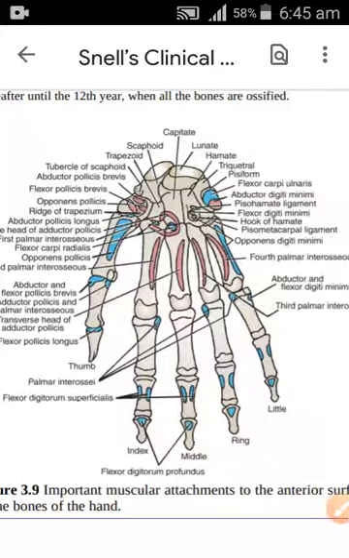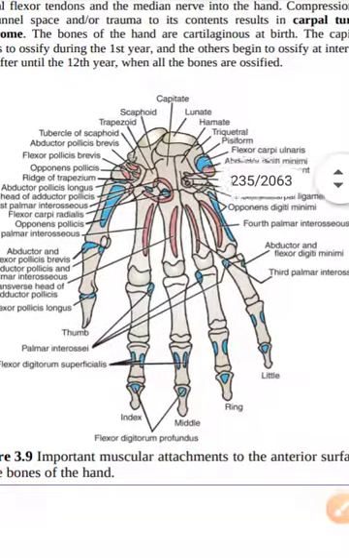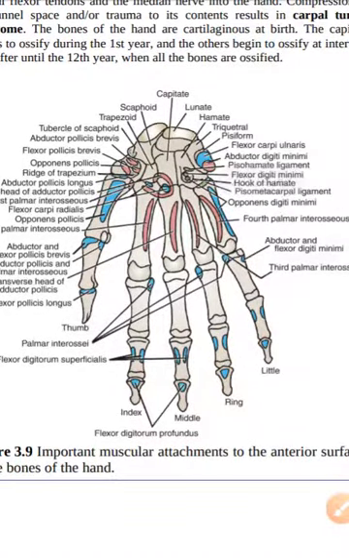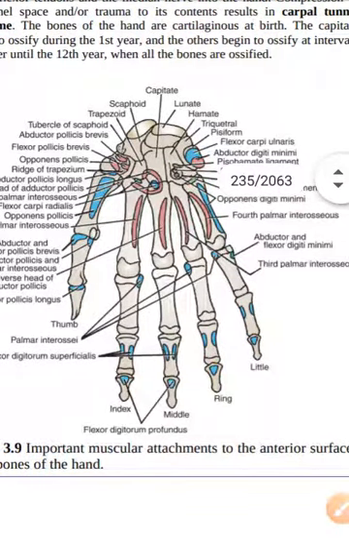So this was a short tutorial about the carpal bones. In the next lecture, we will discuss the muscles of the shoulder girdle, the muscles which attach on the arm, the forearm muscles, and then the hand muscles, and whatever other things we will explain in the other lecture. So thank you for watching.